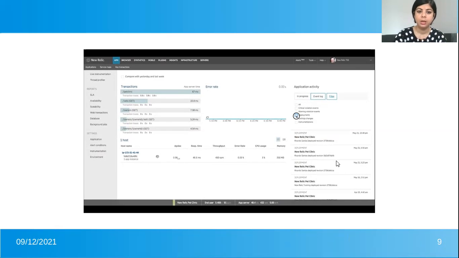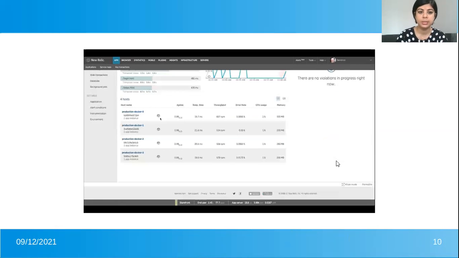So yeah, the next page is host name. As I told earlier also, this dashboard has 4 hosts. Here individually we can see all the 4 hosts and their response time based on memory, CPU usage, error rate, throughput, response time, apdex.